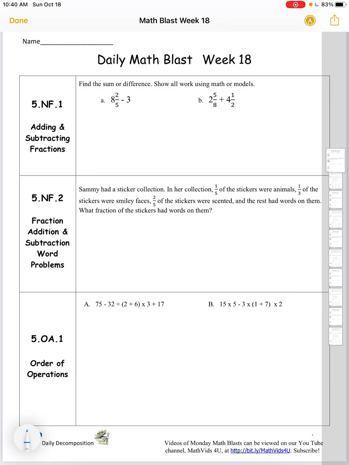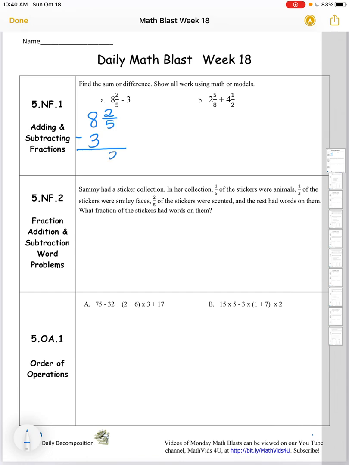When I'm subtracting, I want to subtract like units. So I'm going to show this problem in a vertical form, 8 2/5 minus 3. Now the 3 needs to be taken from the 8 wholes because those are like units. So I have my problem lined up in a vertical form here, and I'm going to start with the smallest